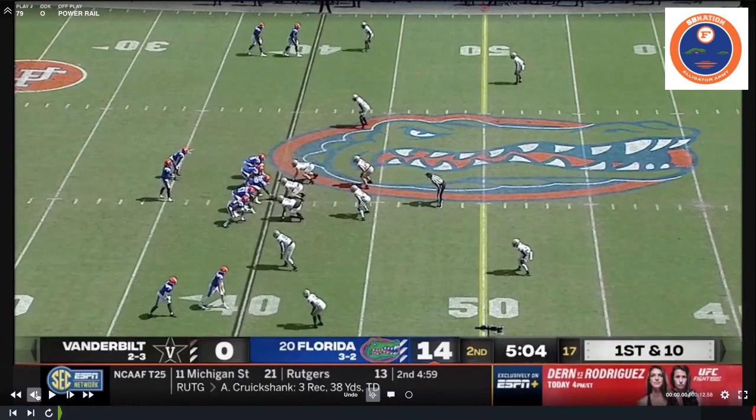So here you go. You're going to get the safeties out wide. Look how wide the splits of the receivers are, and they're stacked. Florida has been doing a little bit of stacked stuff after the Tennessee game. I think they might have liked what they saw from Tennessee doing these really wide splits. That's something Heupel does a ton, and they realized, hey, we can get some advantage out of that. Again, these 2 are wide over here, 2 receivers. If you're playing some type of coverage, you want to put 3 over 2, which a lot of these teams like to do,